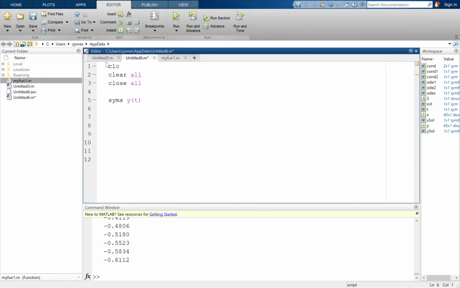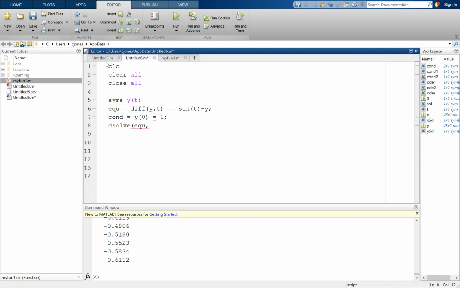So we're going to say EQU is going to be equal to diff y comma t, equal to sine of t minus y, suppressed. Our condition is that y at 0 is equal to 1, which was our initial condition. And then finally we're going to dsolve